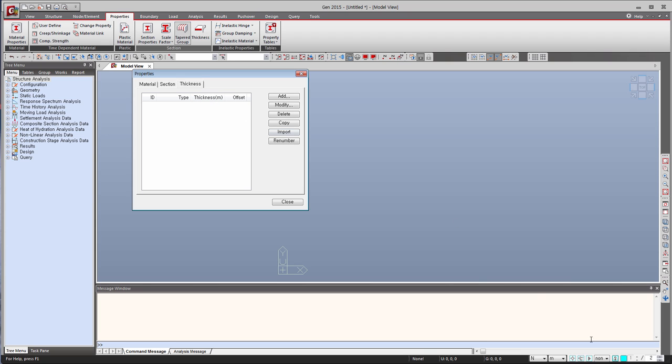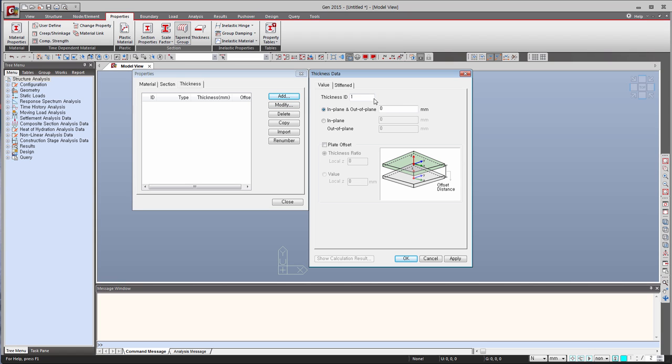So this will be in millimeters, so I have to change the unit in millimeter before adding thickness, and now you see that it's written millimeter. So be careful when you do that, otherwise you'll have strange result afterwards. For the thickness ID, I'll just put 10, so it will be very easy to recognize that this will correspond to the 10 thickness